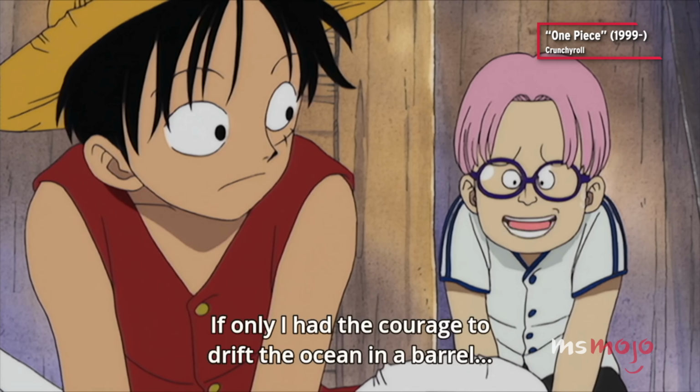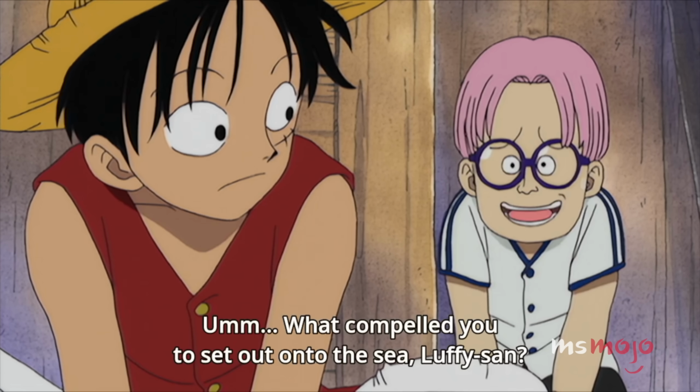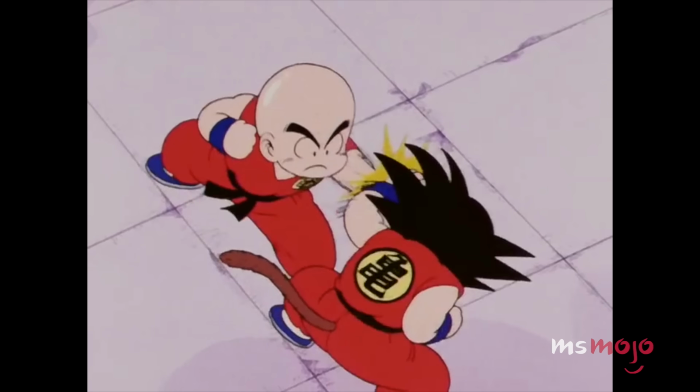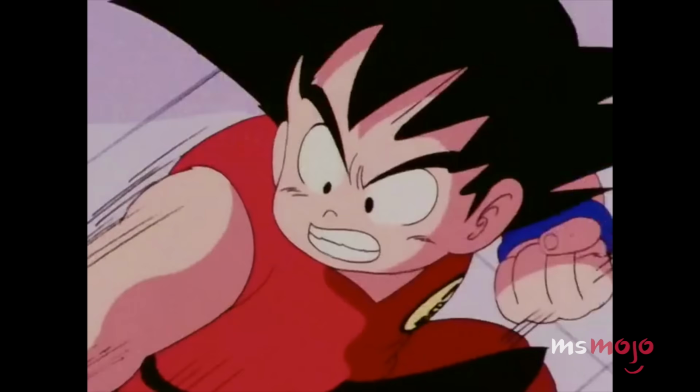樽で海を漂流するくらいの度胸があれば、本当はやりたいこともあるんですけど。ルフィさんはそこまでして海に出て何をするんですか？ 俺は海賊王になる。